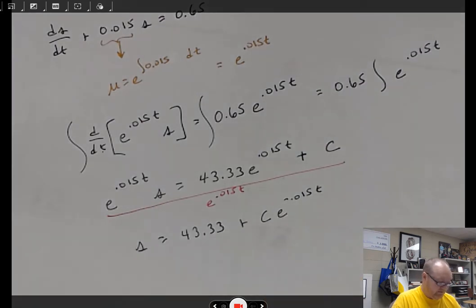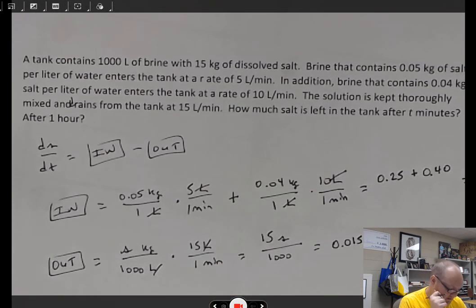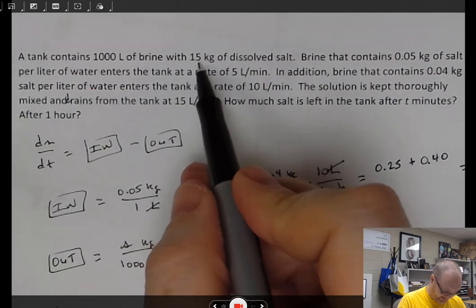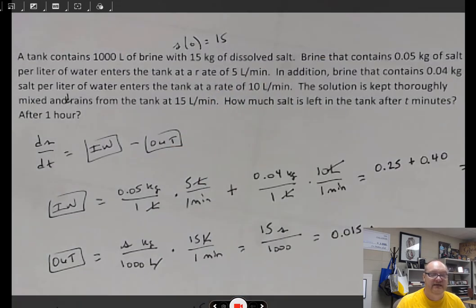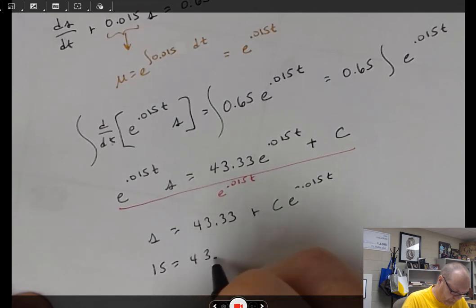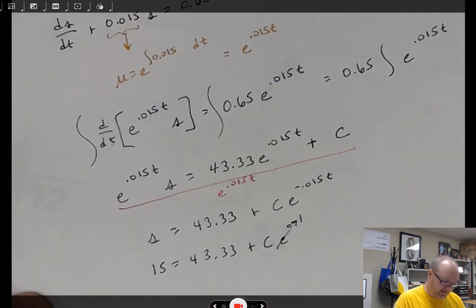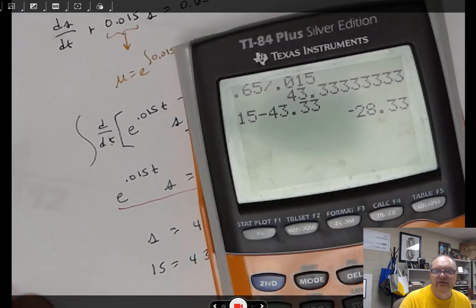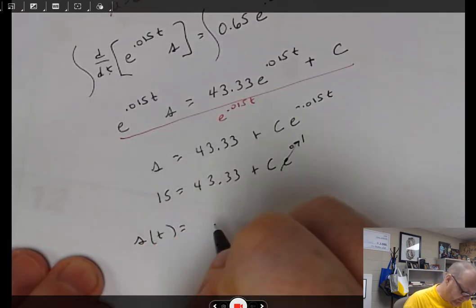Okay. All right, so let's see if we can use an initial condition. We're almost there. The initial condition says a tank contains 1,000 liters of brine with 15 kilograms of dissolved salt. So at time equal to 0, there's 15 kilograms. So I know 15 kilograms when t is 0. So it looks like C is going to be negative 28.33. So my model looks like S of t is equal to